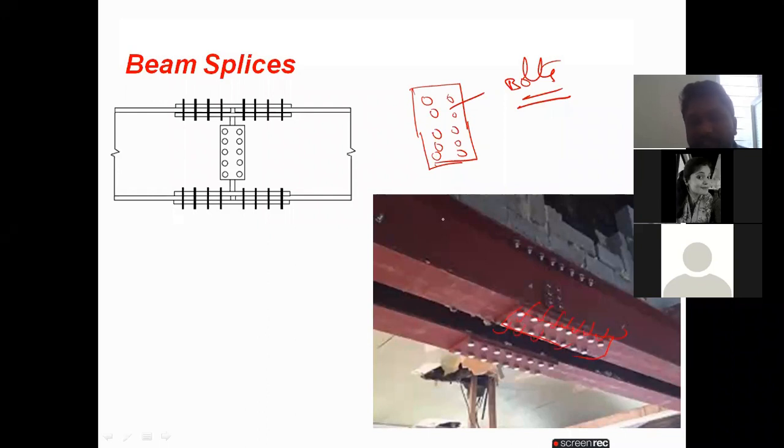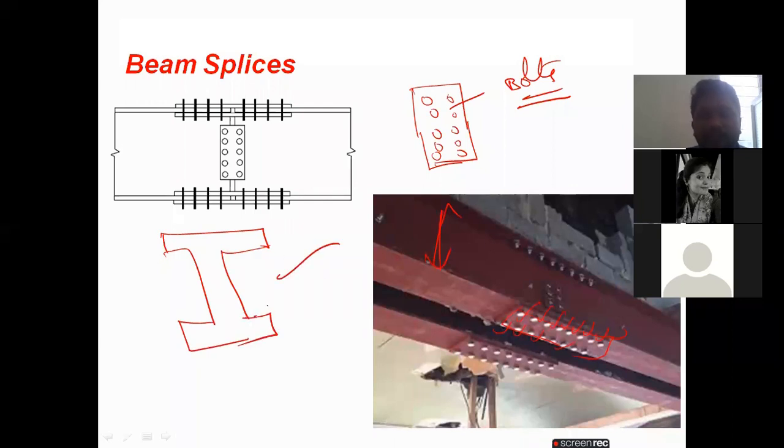Please look into this one. This is the I-beam, whatever I explained previously. The concept of the I section. See, my dear students, why do I take a lot of time? Suppose I show this beam, if you don't know the sections, what is an I section, channel section, T section, how can you understand this? So don't learn blindly. Always think wisely. You will see how we are writing and how we are learning from the textbook or from the teacher, but also how we are executing on the site.